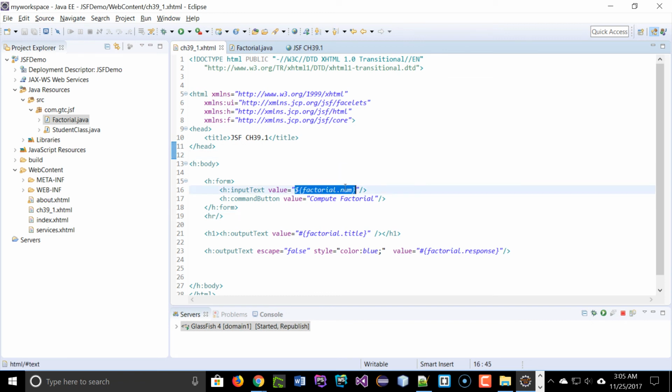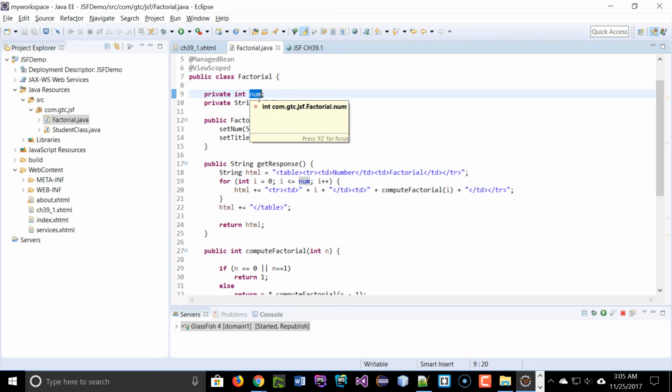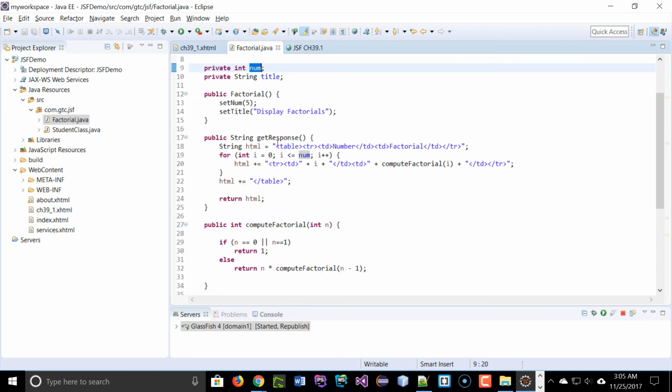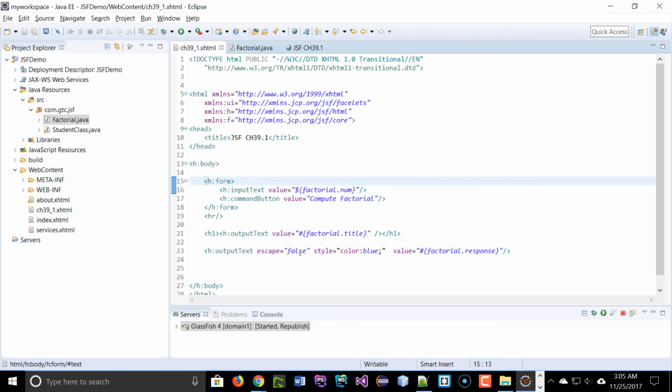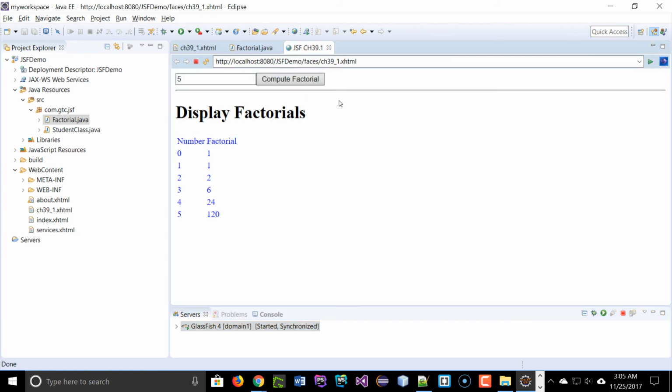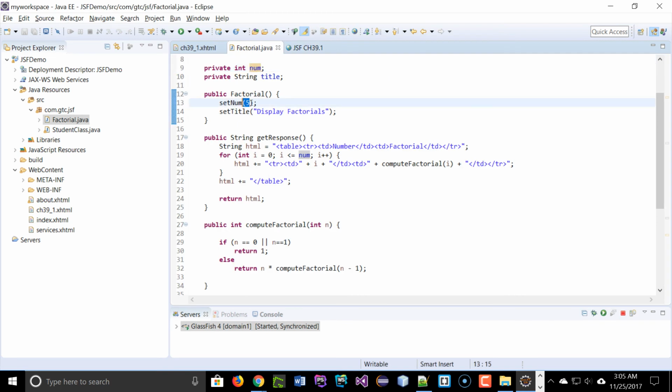Okay, so it should synchronize or link this factorial num to this num here. Then it will do the setNum and getNum and so on. So initially it'll be 5, but after that you can change the actual number. Let's see if that is the case. Let's go back here, republish, refresh. So initially it's 5. It's set to 5 because when we initialize it, it's 5, right? If I put 8 here,